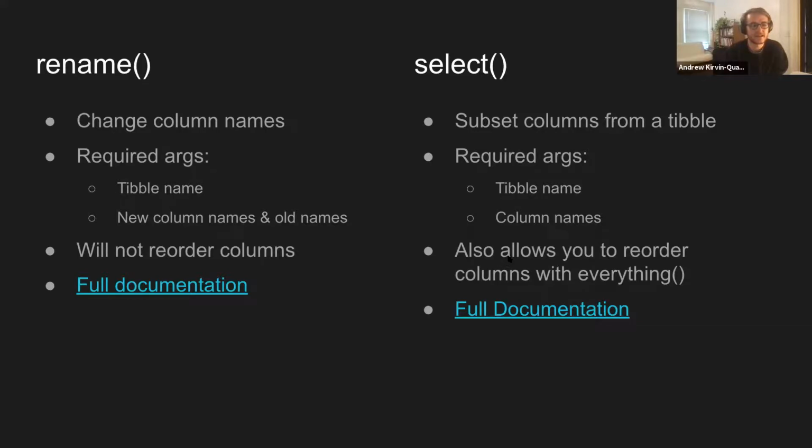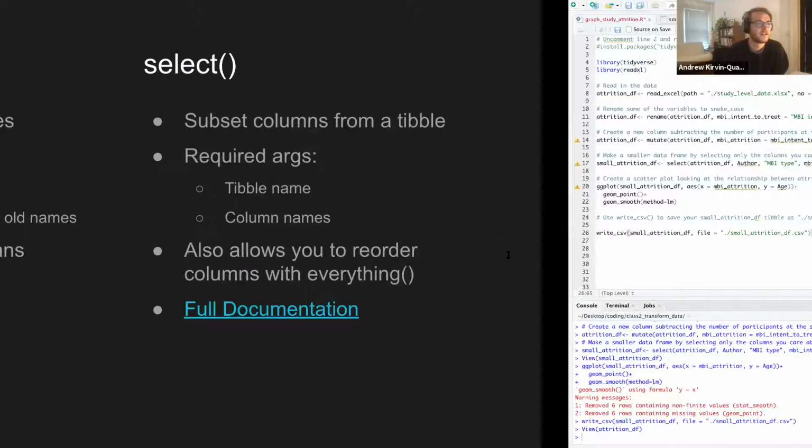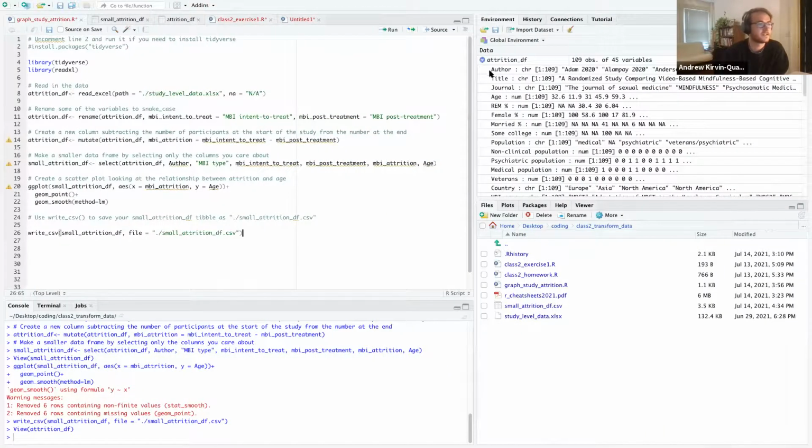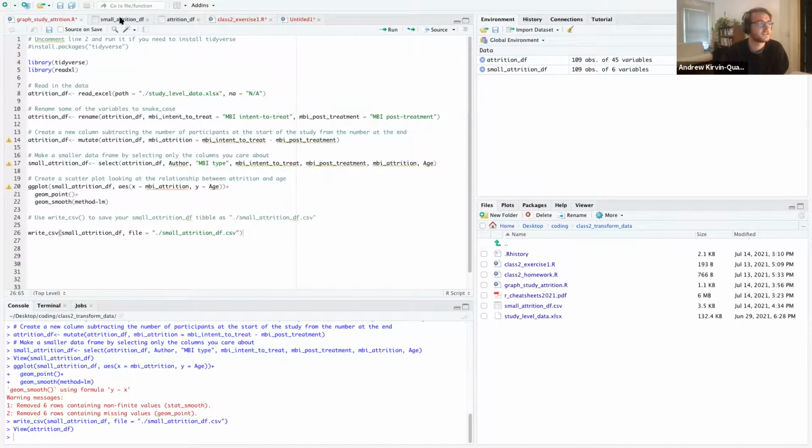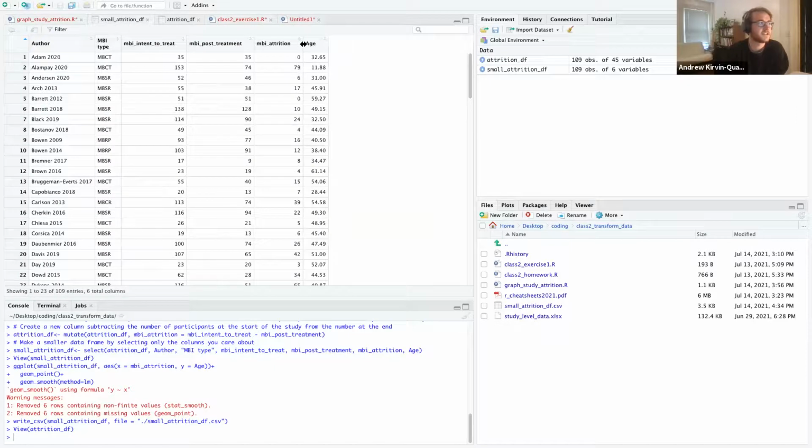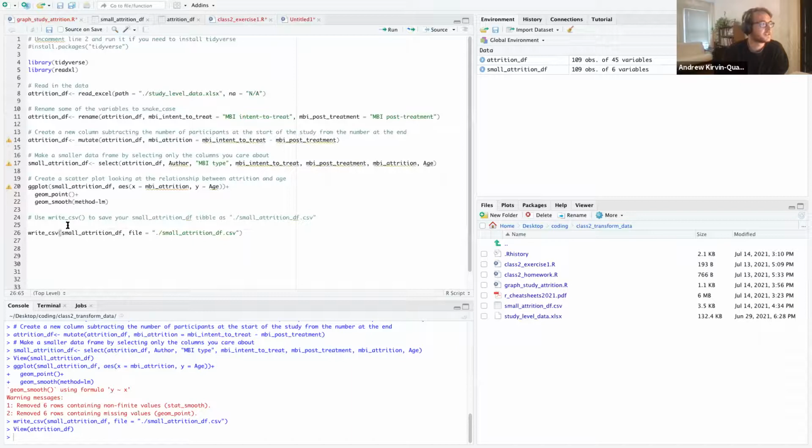Select also allows you to reorder columns of data. So if you wanted to change this data frame so that age was the first one, you could do that